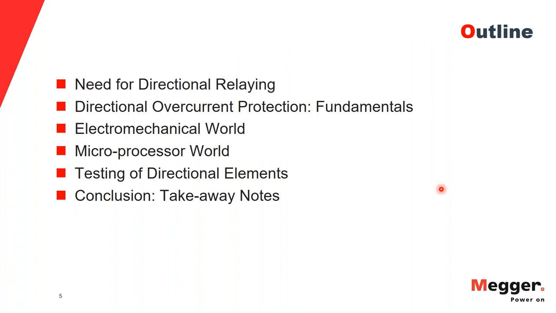So the title of today's presentation is Directional Overcurrent Relaying. I'm going to be covering what we used to have back in the days in the electromechanical world, what we have now, how we have progressed over the years, and foremost, why do we need a directional relaying scheme in our power system network? Why can't we just get over with the 51 element? Why is there a need for the 67? All those questions that were in your mind, I will try my best to answer here